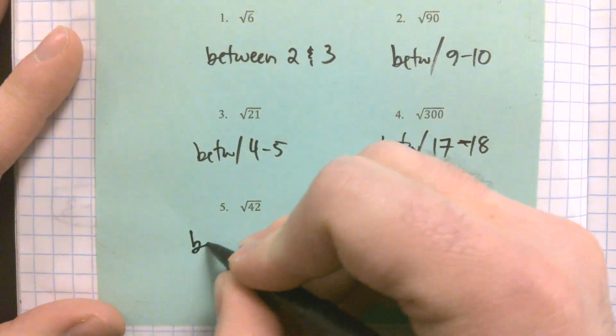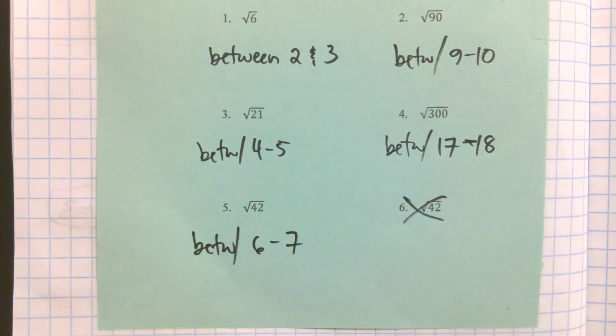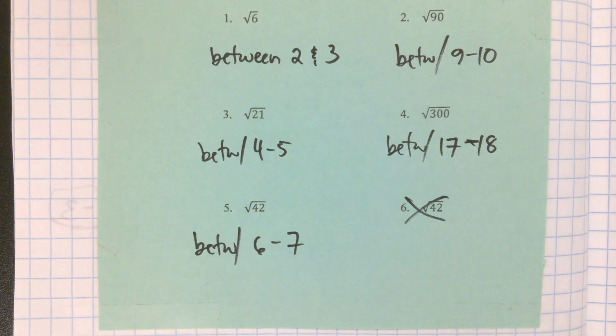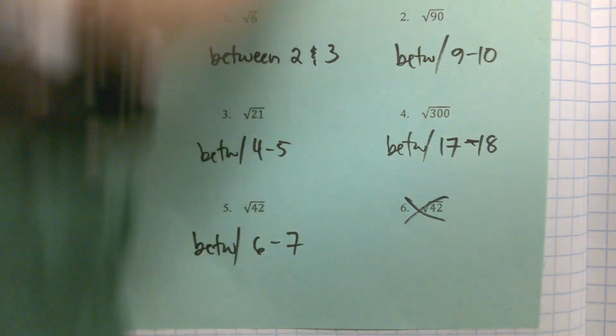What about the square root of 42? 6 and 7. 6 squared is 36. 7 squared is 49. 42 falls right in the middle of those. And number 6 is a repeat, so we'll get rid of that. All right. Let's move on to,